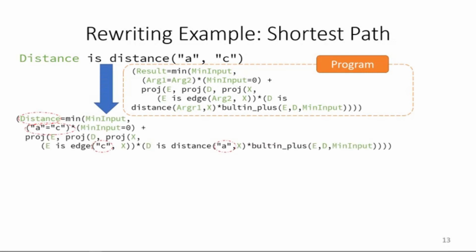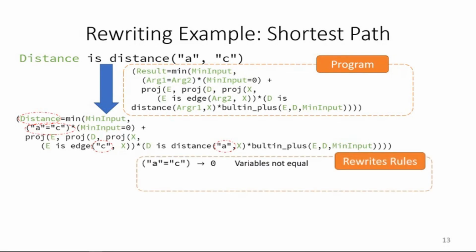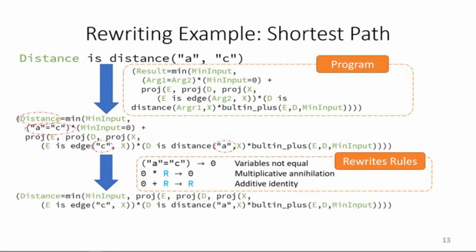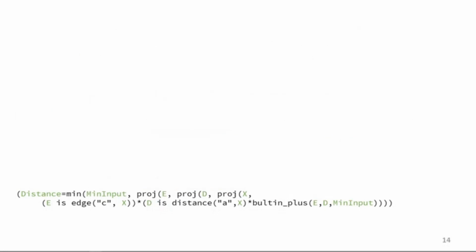When combining these two, we rename the variables result, arg1, and arg2 to match our query and substitute in the constants a and c. We now apply the rewrite rule to check that the two constants are equal to each other. Because they are not equal, this is written as 0, representing an empty bag. We have that an empty bag intersected with any R expression results in an empty bag. And we have that the union of an empty bag with an R expression results in the same R expression. Together, this simplifies the expression as follows, where we have removed the first disjunctive branch of this R expr.